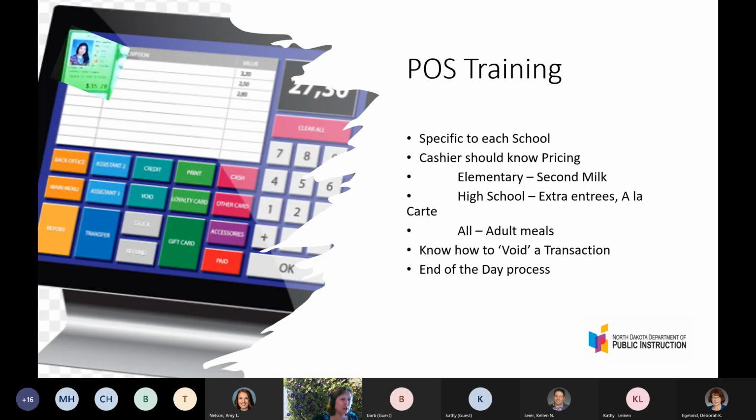And finally, POS training is something that you're supposed to do every year with your cashier staff or your point of sale staff. There's more than 20 different computer software programs out there, so we can't help you with that. You would have to call your software company to get the basic training for your cashiers. But really, everyone has a pricing button, so you need to know where that's at. You need to know how to charge for a second milk, any extra entrees or a la carte,